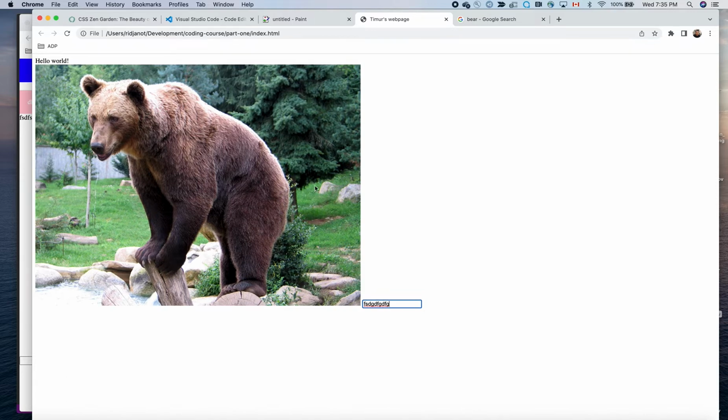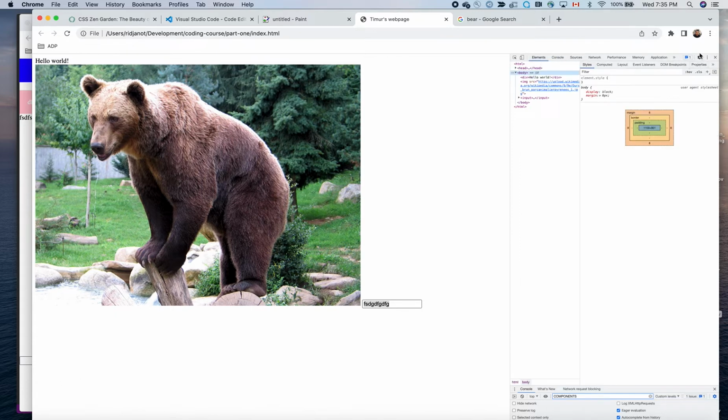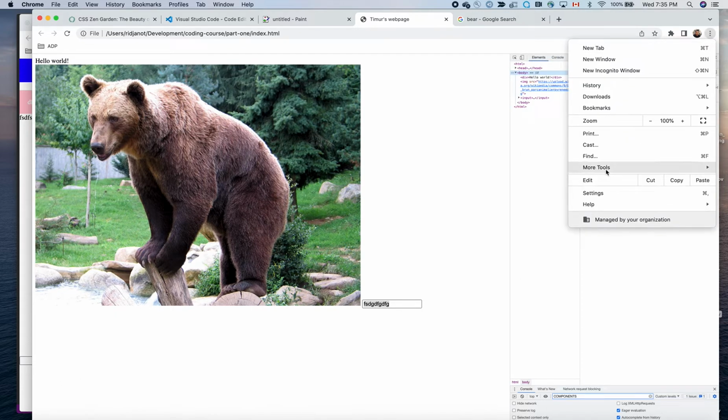The input tag is also a self-closing tag, and that's an input just to put some text in there. And generally, tags will appear one under another. The hello world div is here, and then the image is going to be under it, and then we would assume that the input would go under it as well, but the reason it doesn't is just because, I'll show you. Oh, here I just opened the developer tools. To open it, you can just click on more tools and click on developer tools here. I use the shortcut, which is